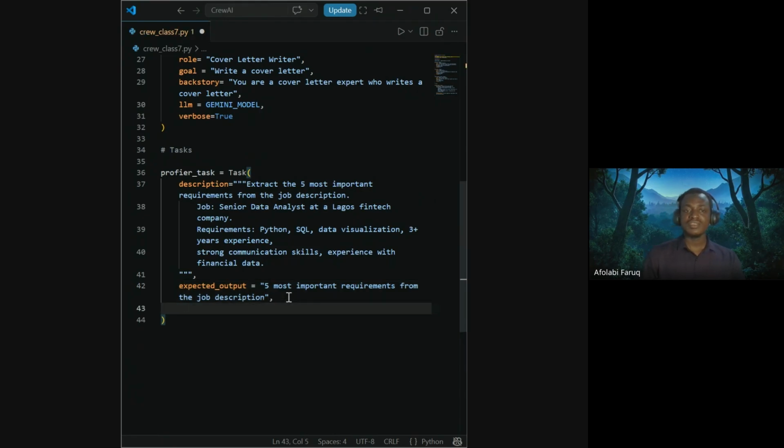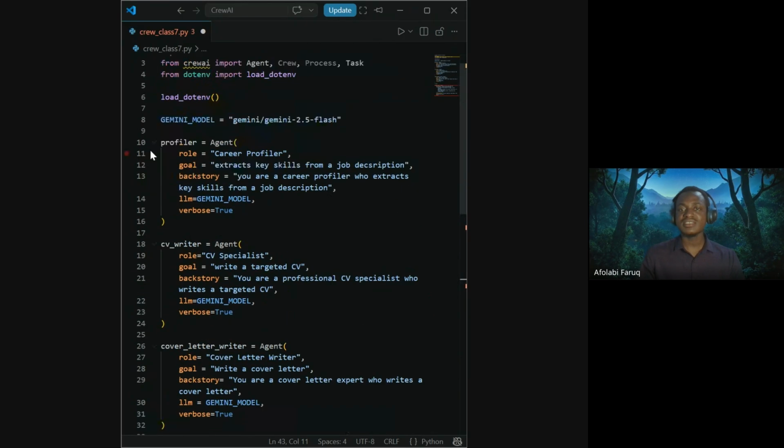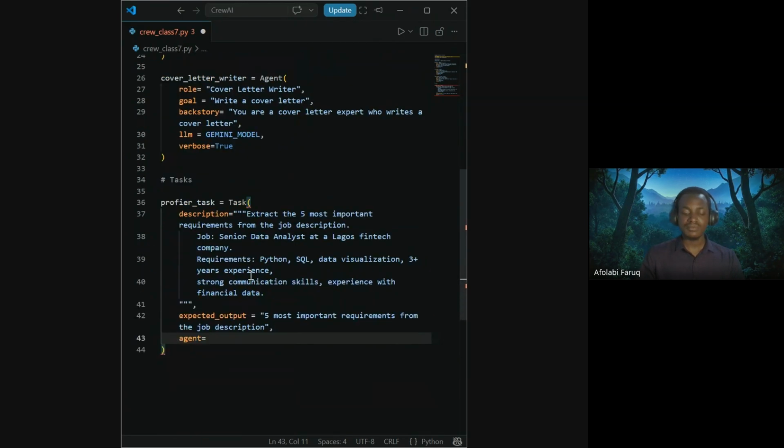So that's the expected output. And the agent handling this is the profiler. Okay, so this is that.